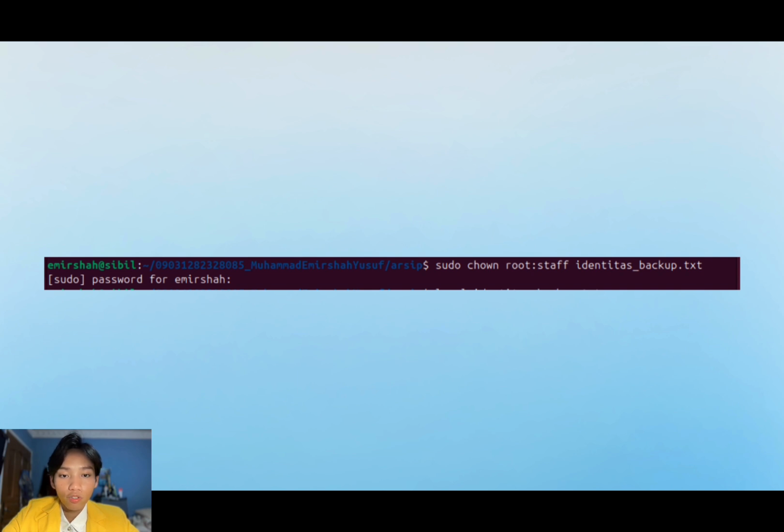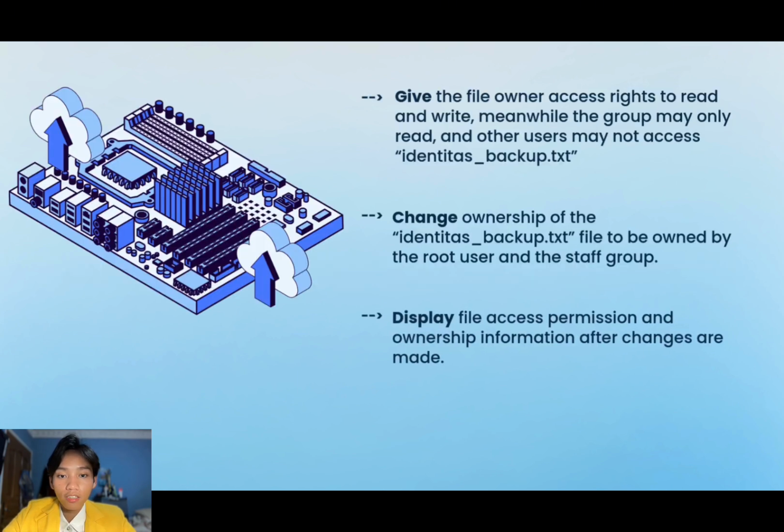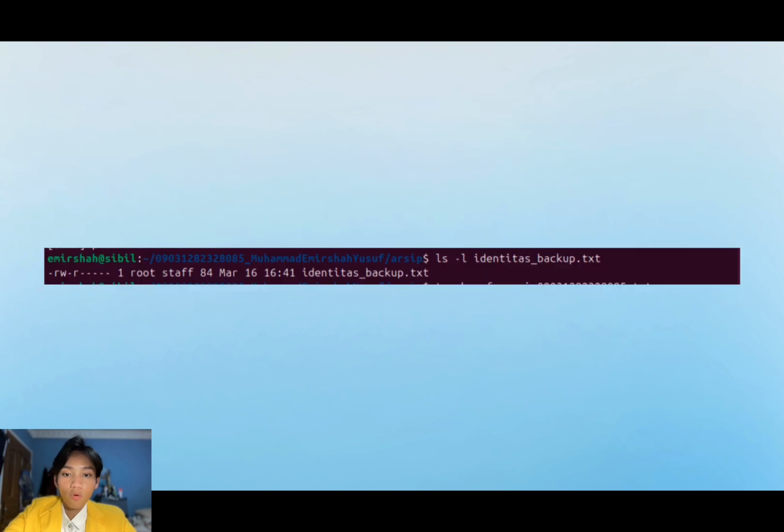And then let's move on to the third task, which is to display file access permission and ownership information after changes are made. To confirm this change, we will execute ls -l identitas backup txt, which displays the detailed file information.